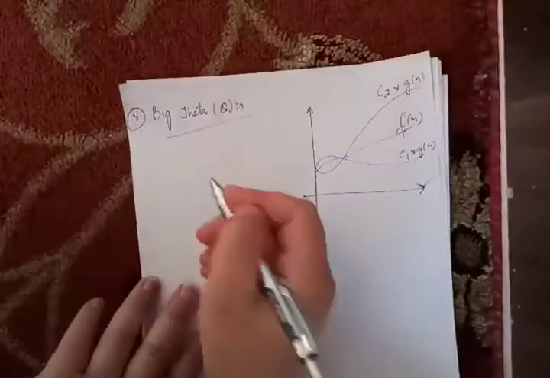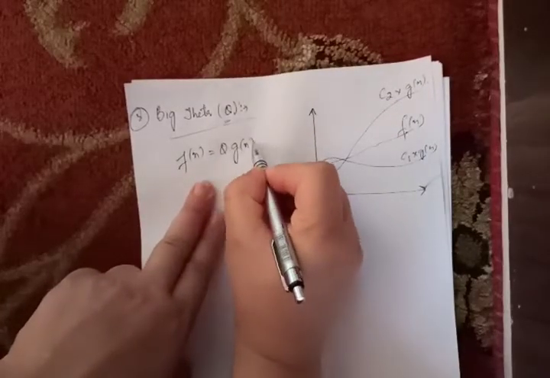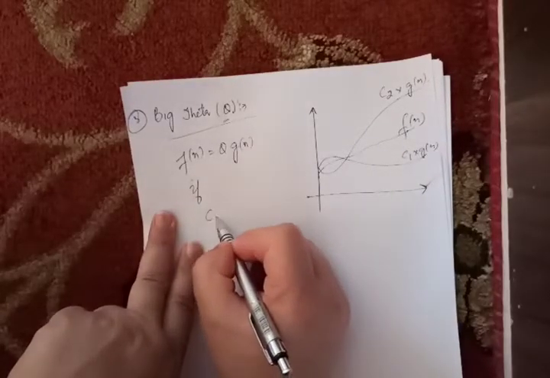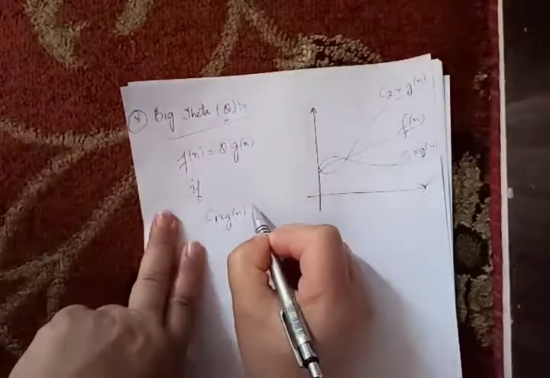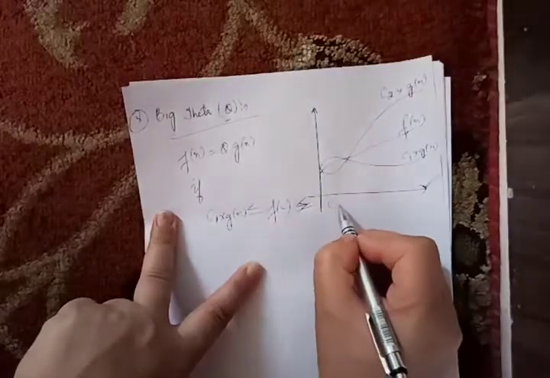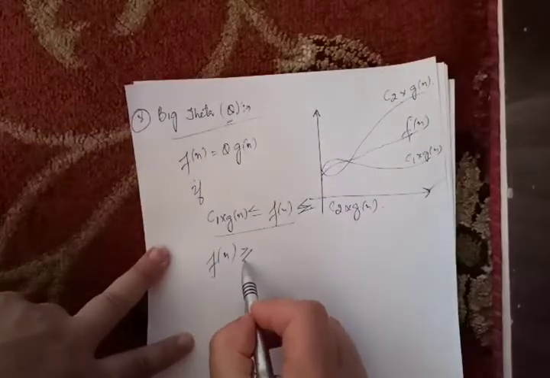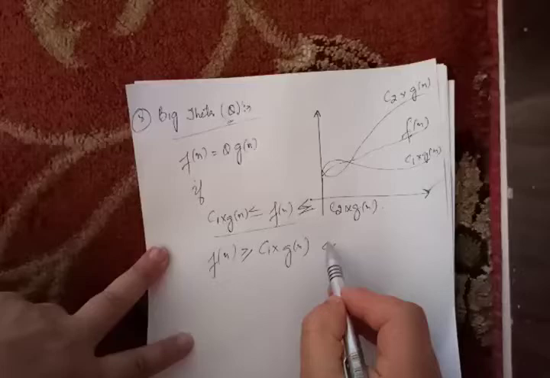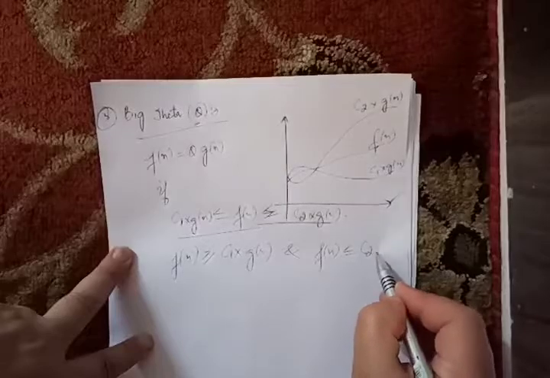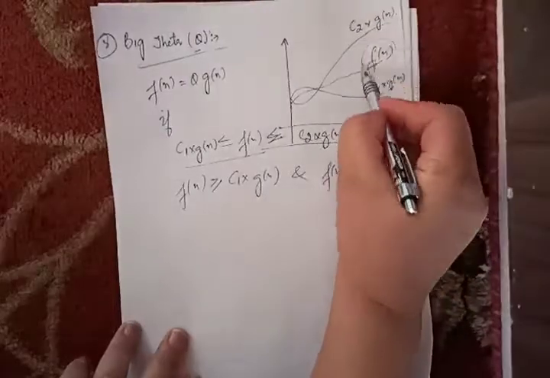Okay, so we say that this function, and it is represented with this theta, f of n is equal to theta of g of n only if constant 1 times g of n should be less than or equal to f of n, and this f of n should be less than or equal to constant 2 times g of n, isn't it? By this it means f of n should be greater than or equal to constant 1 times g of n, and by this it means f of n should be less than or equal to constant 2 times g of n. Okay, so we can say the growth rate of this function,